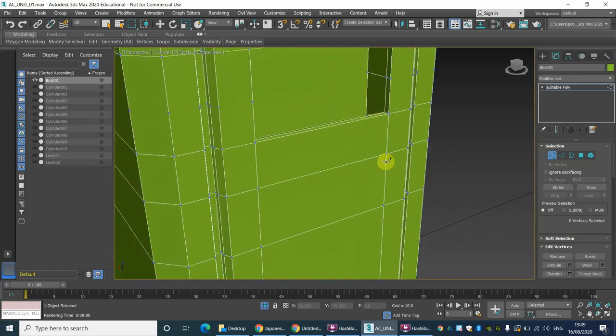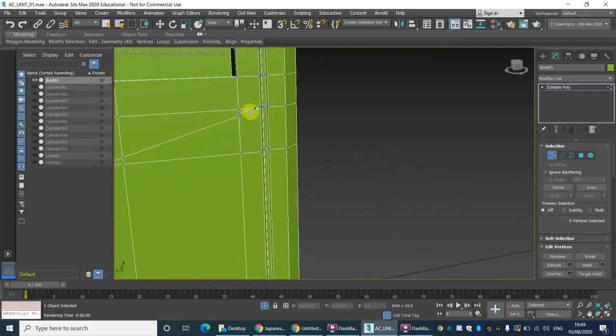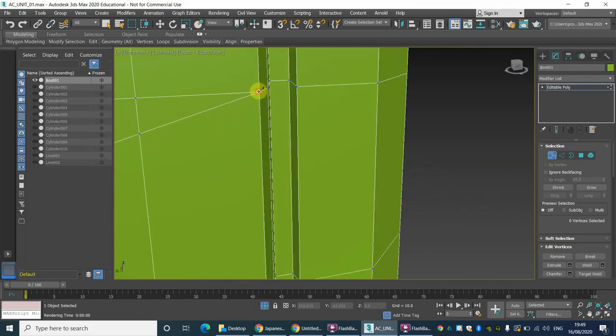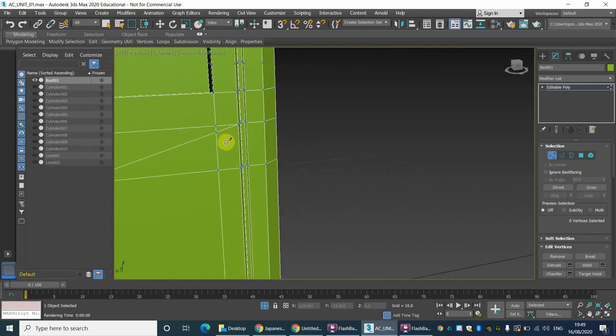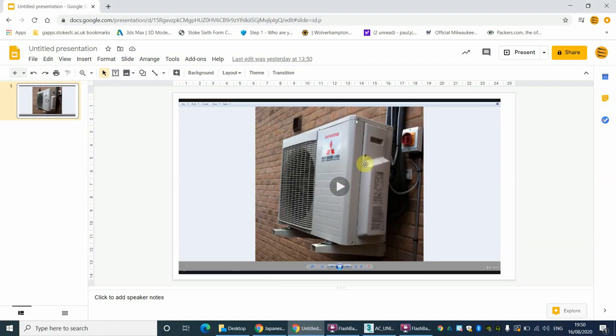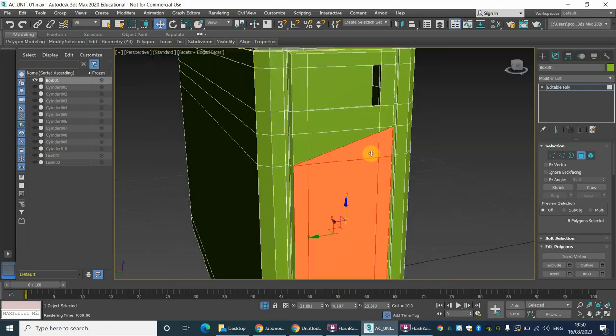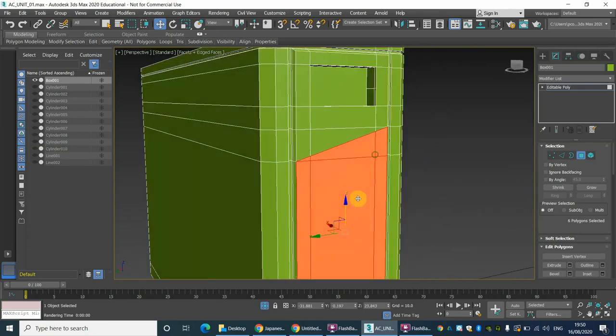So I'm going to go from here all the way to, ooh, where do I go then? To there, and then right click to stop. Okay, so now we've got a nice triangular, well, there's the diagonal line, which if we look at our reference, it's that part there. Okay, so all we need to do now is go to faces, and we are going to select these pieces here, because we're going to be pulling out,